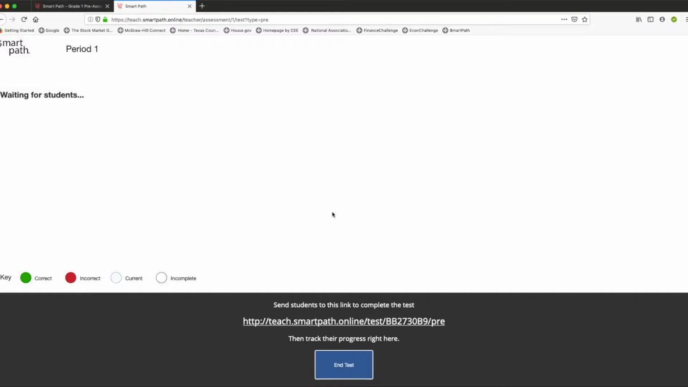Now the way the students will get into the test, we don't want them to have to create an account for SmartPath and all of that. They're just going to use this specific URL down here. And this URL is good as long as you don't press end test. As soon as you press end test, this URL will go away, and next time you get in there, it'll